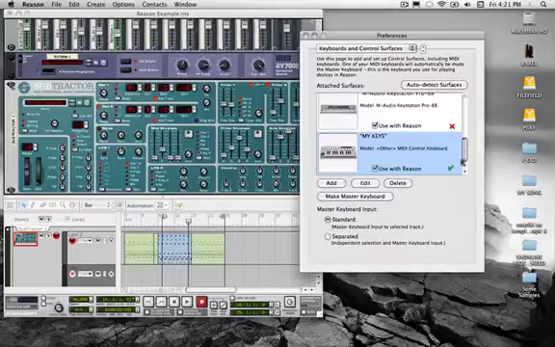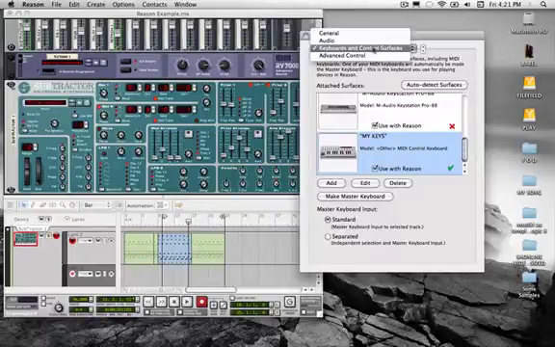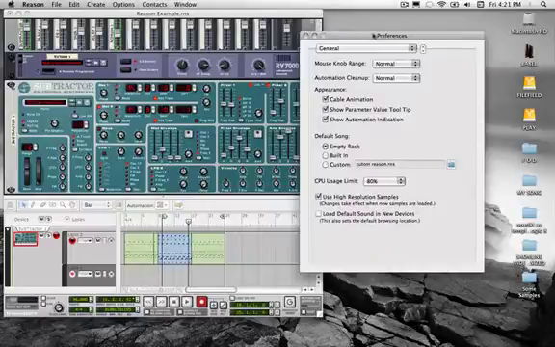So those are the two main things that you have to know how to fix in the Rsn preferences if you're having that kind of problem. Other preferences, in the General tab, you can choose miscellaneous things such as the cable animation, automation indication. These are not going to be of a big difference. You can have